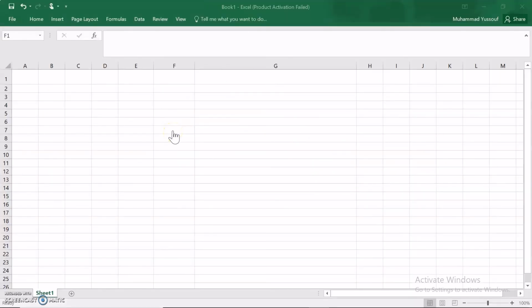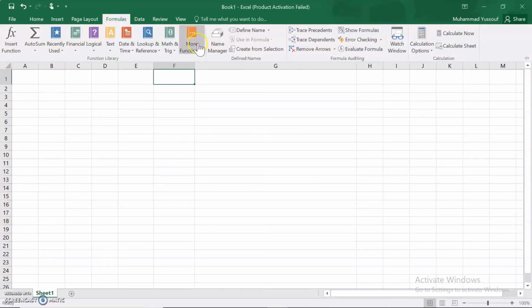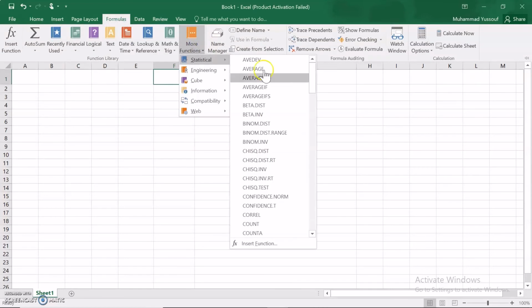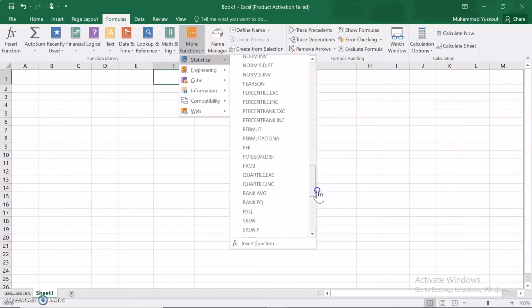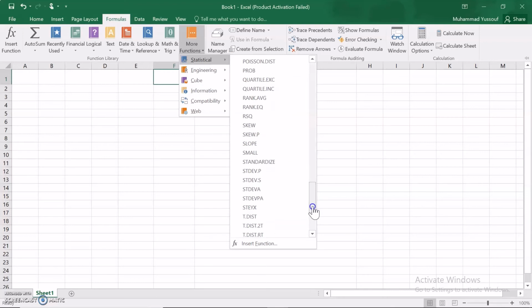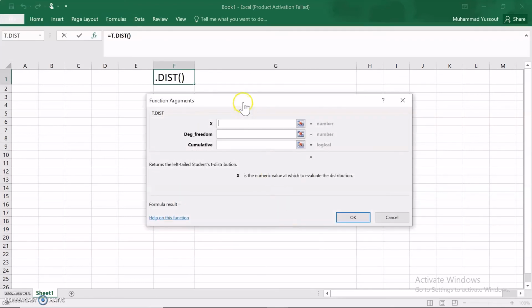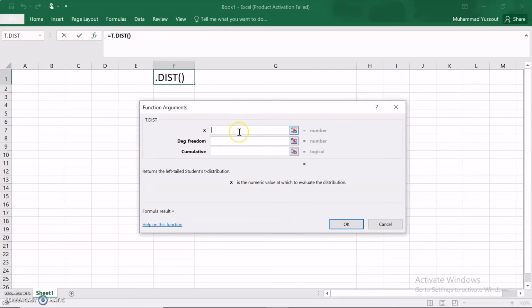So I'm already in Excel. How do we insert the formula here? We go to Formulas, More Functions, Statistical, and the function is T.DIST. This is the formula, T.DIST. Now it is asking what is the x value, right? What is the t value? It's minus